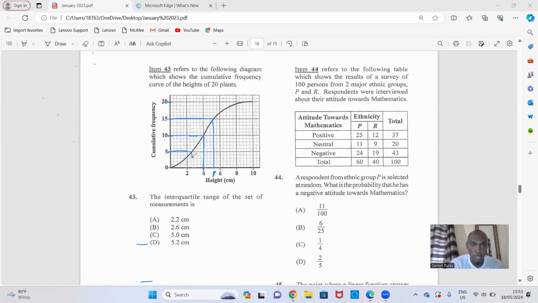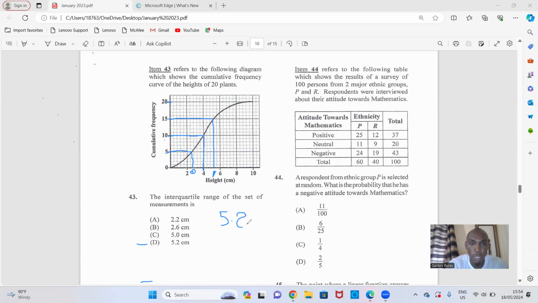Now this one is in the middle, so I have to be careful. Let's see what is happening right here. If you look closely, each small box is going up by 0.4. So if this is 4, this is 4.4, 4.8, 5.2, 5.6, and then 6. So it's going up by 0.4. Then the upper quartile is going to be 4.4, 4.8, 5.2. So it's 5.2